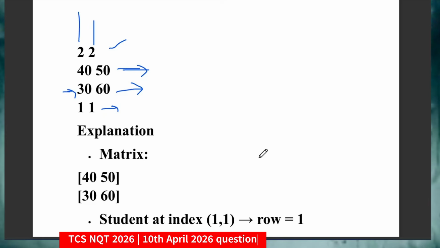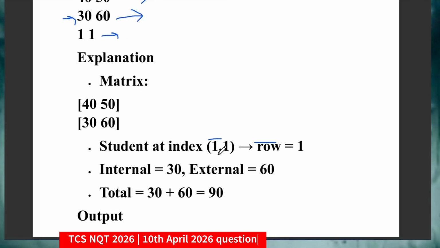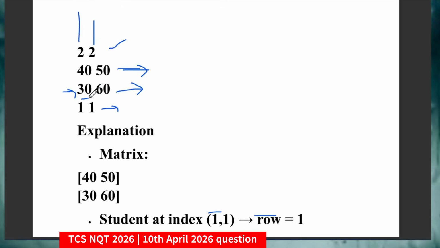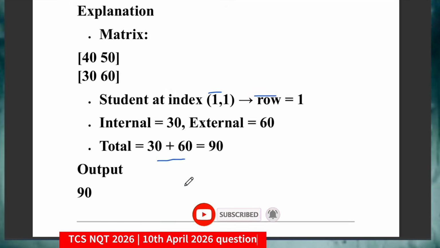You have to calculate the values. The student at index 1 1 denotes row 1. So internal marks is 30 and external marks is 60. This one will show the internal and this will denote the external marks. So internal plus external, that is 30 plus 60, is 90.